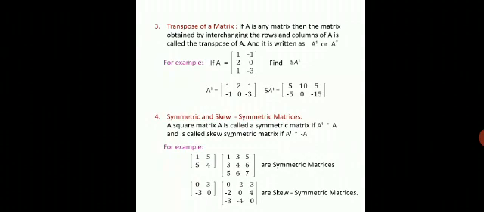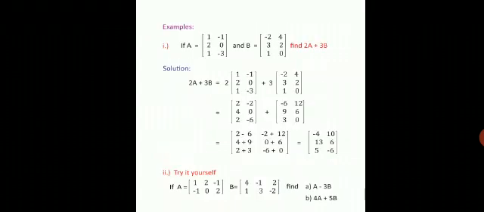Similarly, for a skew symmetric matrix, A dash, after interchanging the matrix A, we are going to get the negation of A, that is 0 3 minus 3 0, and 0 2 3, minus 2 0 4, minus 3 minus 4 0 are skew symmetric matrices. Now we will see some more examples on these types.